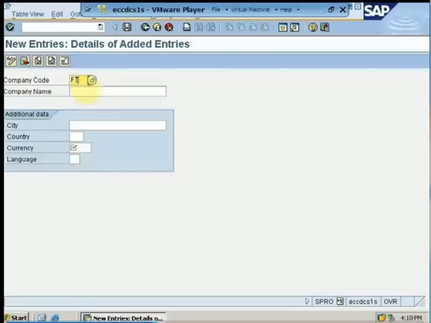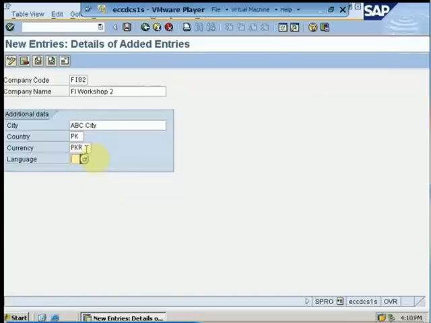For example, we enter FI02 as a company code identification, and then company name, let's just name it FI Workshop 2, the city of the company, country, currency. This currency represents the local currency of the company code. The currency mentioned over here would be treated as the company code currency, which means that all the transactions that will be done within this company code will always have a balance translated and maintained under this currency.